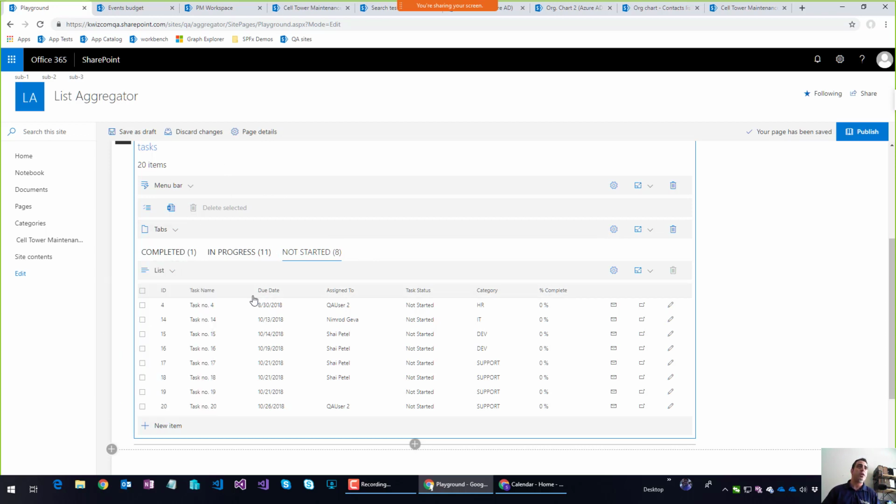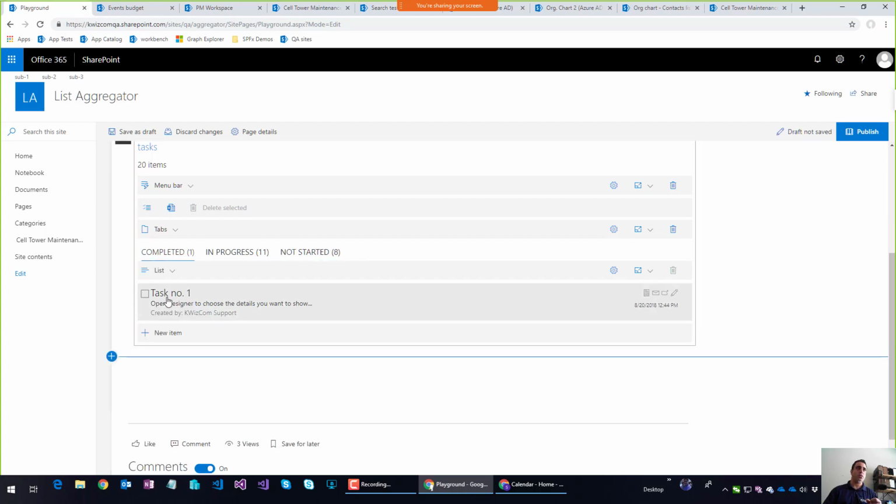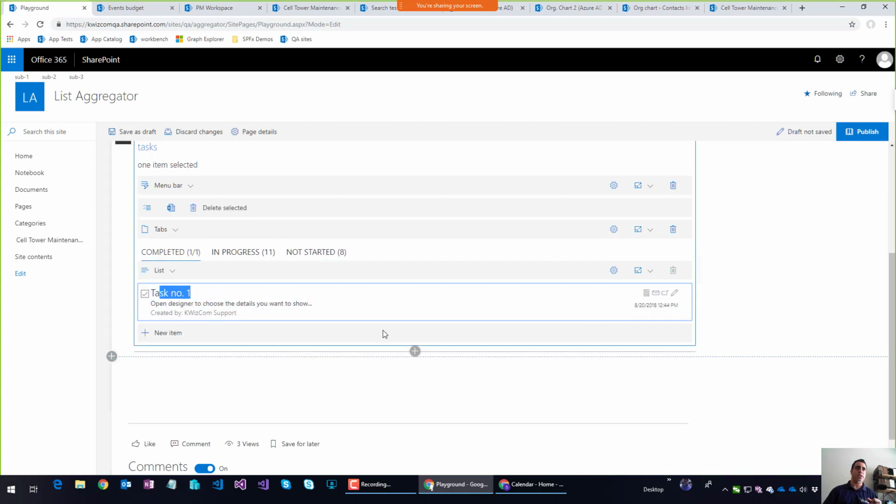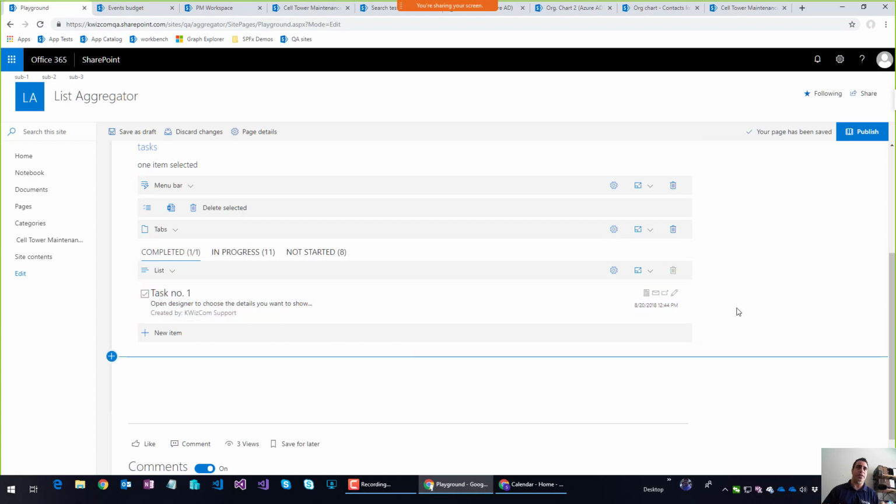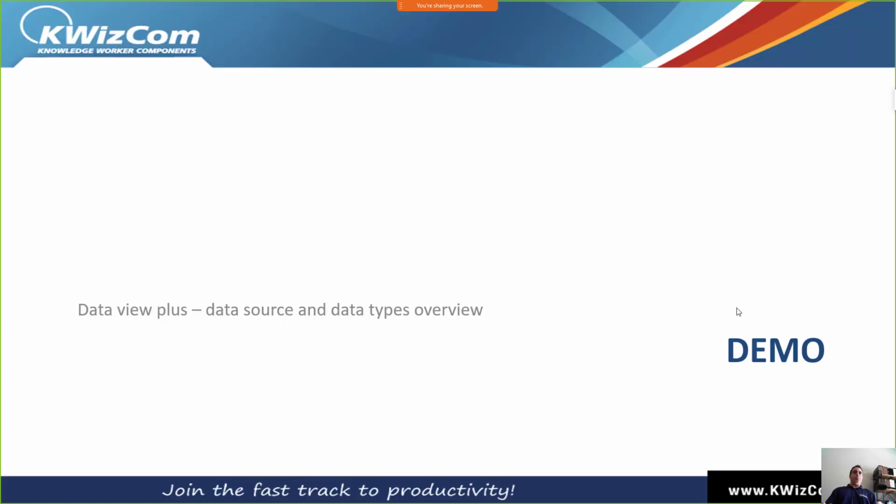Could put a list control right here again, and then I can customize it and customize furthermore what's being displayed in the list control itself. So instead of showing the task name here, I can show something else and bind other data to it. Okay,